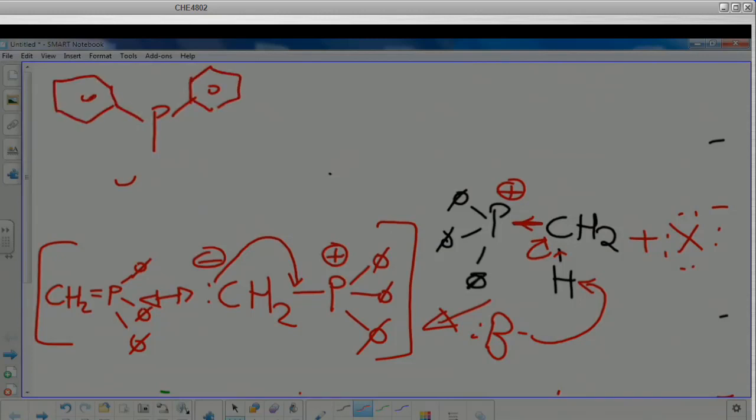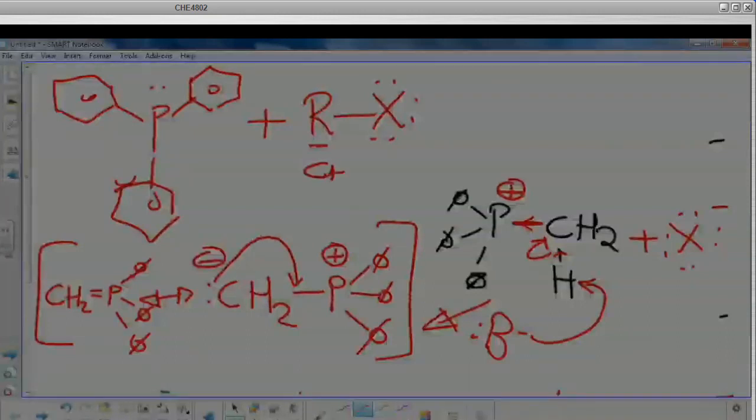We're talking about a molecule with a benzene ring, and then a benzene ring, and then a benzene ring, and a lone pair. So it can only react with a primary alkyl halide. There must be a CH2 here. So it's a primary alkyl halide. And then to generate a positive charge on phosphorus, highly electron withdrawing, it makes the alpha hydrogen highly acidic. So why are we saying the alpha hydrogens are highly acidic? Let's look at the conjugate base.